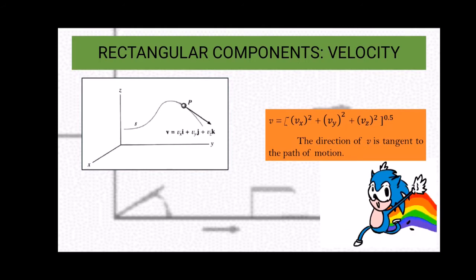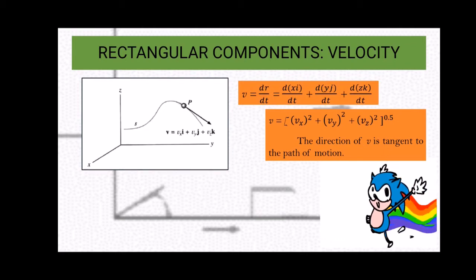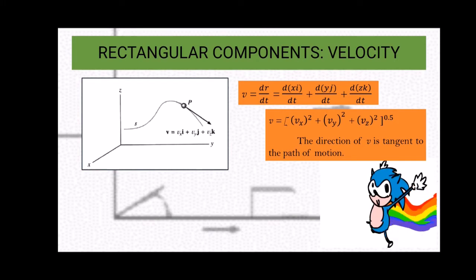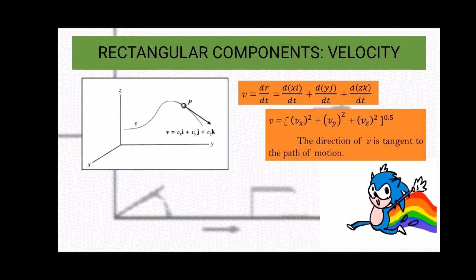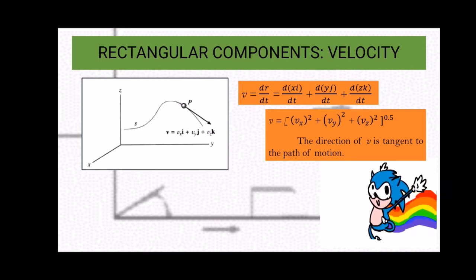So the velocity vector is the time derivative of the position vector, or v is equal to dr/dt, which is equal to dx/dt i plus dy/dt j plus dz/dt k. In this graph, as you can see in the figure, since the unit vectors i, j, k are constant in magnitude and direction, this equation reduces to